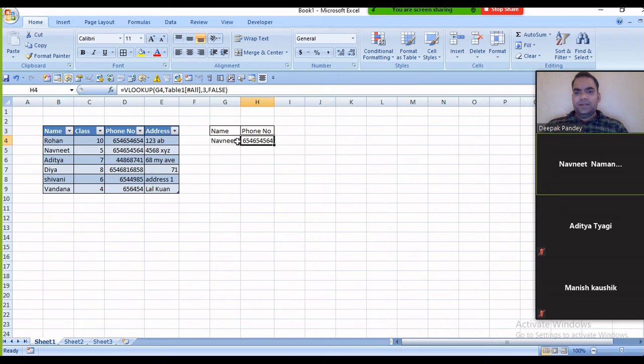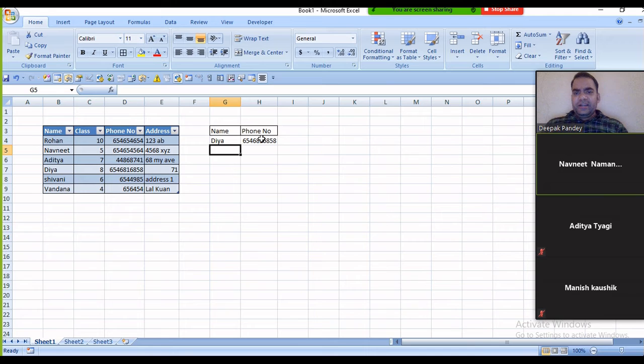You can see that Navneet's phone number is displaying in this field. Now change it again, do Dia. Once I type the name Dia, it returns the phone number of Dia.